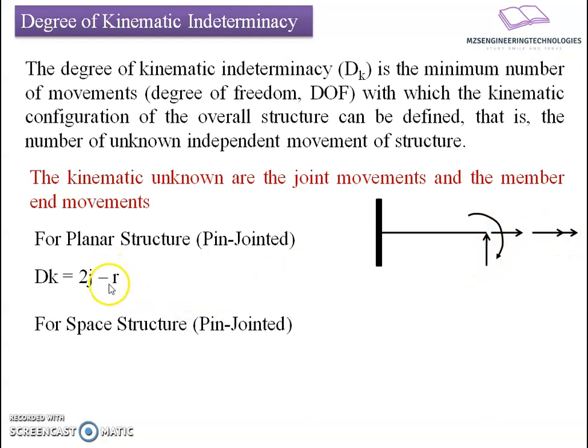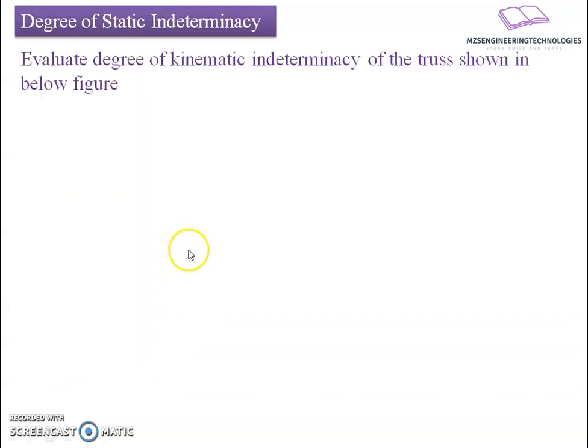Minus r. r is nothing but the reactive forces. These reactive forces will have the action of clamping the displacement. That's why 2j minus r is the mathematical equation which defines the degree of kinematic indeterminacy of the planar structure. For a space structure, it will be 3j minus r, because at a joint there will be the possibility of 3 displacements. So Dk equals 3j minus r. Let us evaluate this with the help of